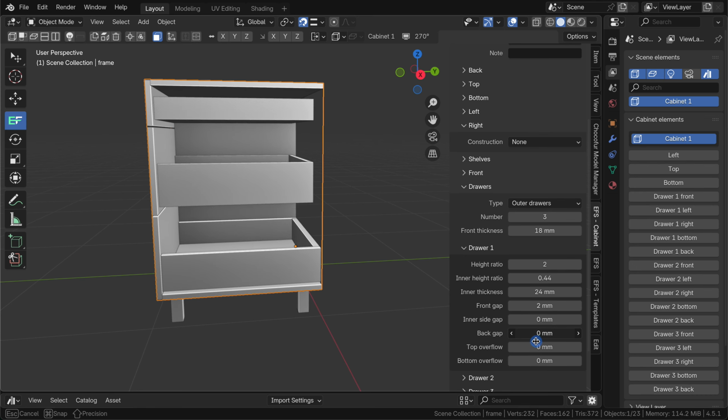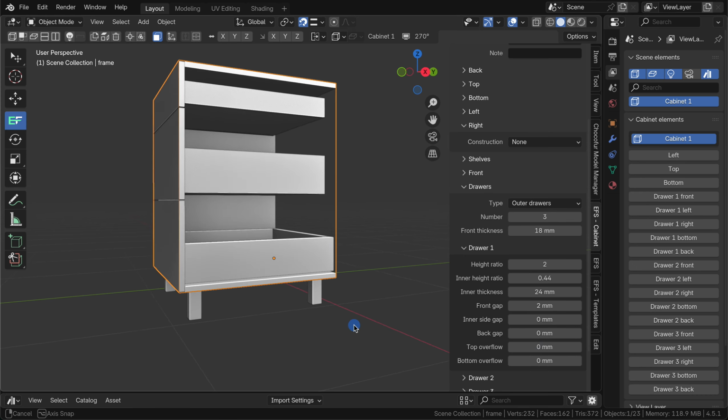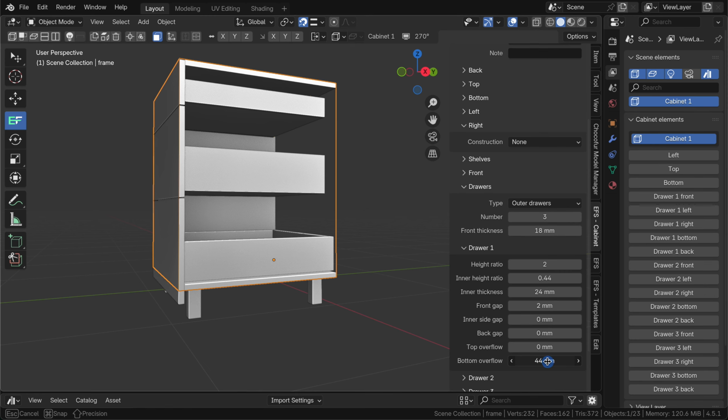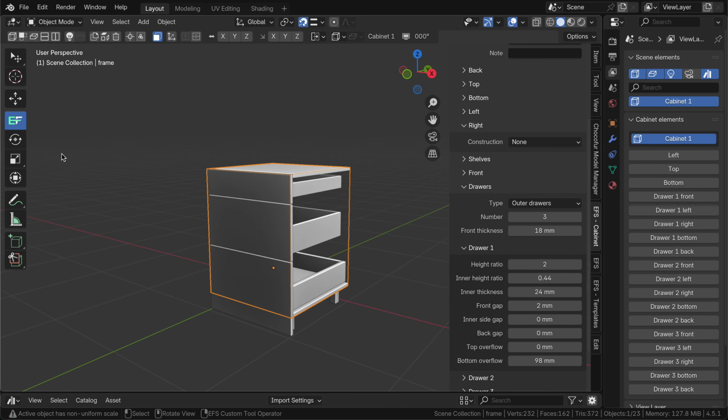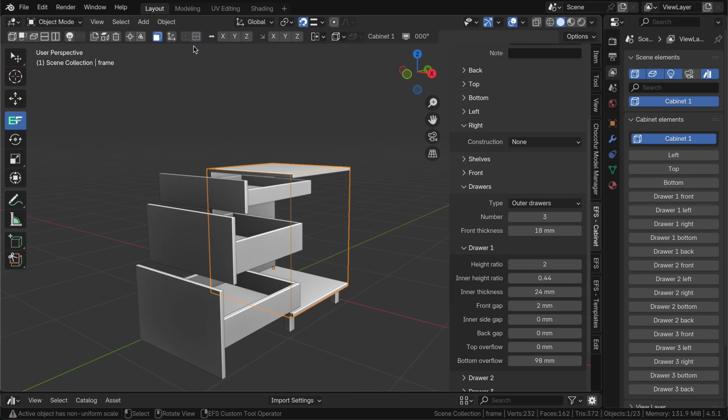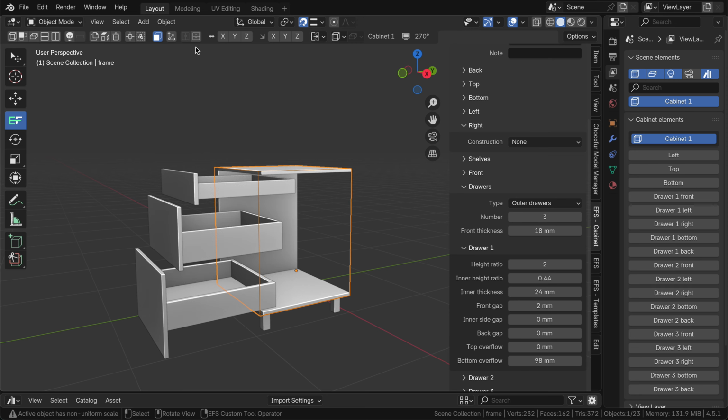Finally, top and bottom overflow settings adjust how much taller or shorter the drawer front is compared to the cabinet opening. For example, if you want the bottom drawer to conceal the cabinet legs, simply increase the bottom overflow. This extends the drawer front downward, creating a clean appearance at the cabinet base,